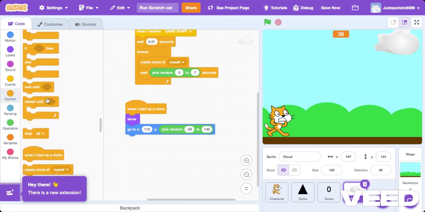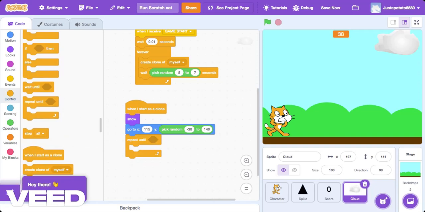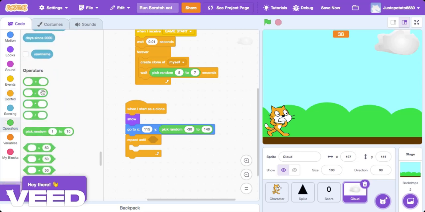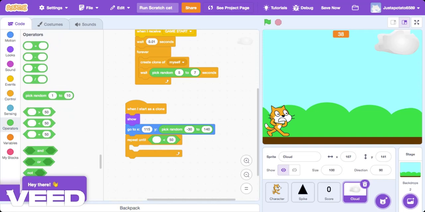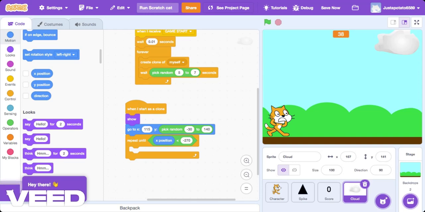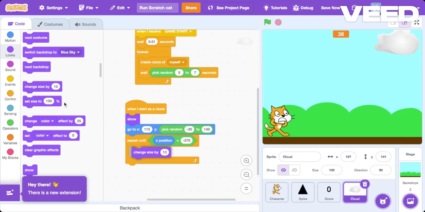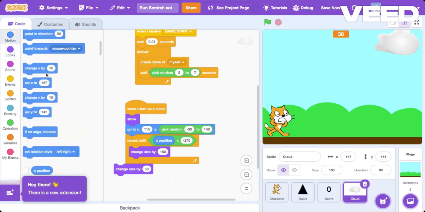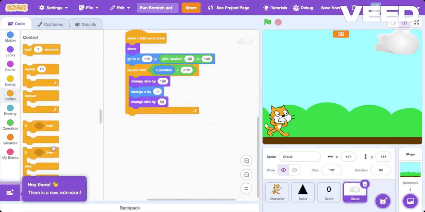Then we do repeat until. We put a less than, then we put here -270, then we put X position. Then we're gonna do the same thing we did: change size, and then another change size, 150 to 50. Now we change X by -1. Put that here. Make it there. Then if touching